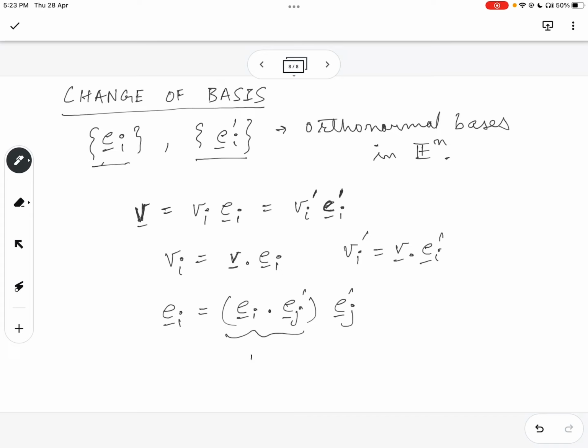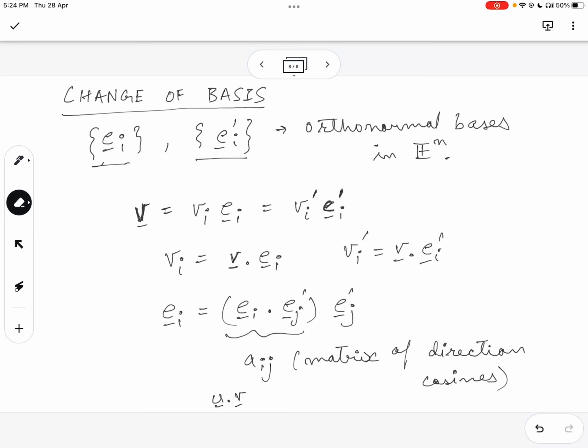This is written as Aij, which is the matrix of direction cosines. Why are there direction cosines? Because we had seen earlier that u dot v, there's no need to put the mod here. U dot v is norm of u, norm of v cos theta, where theta is the angle